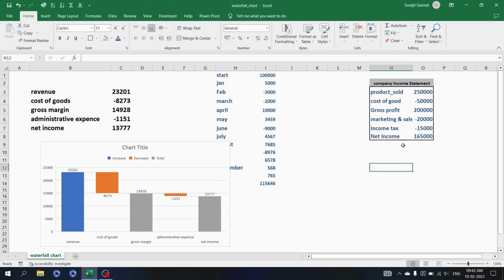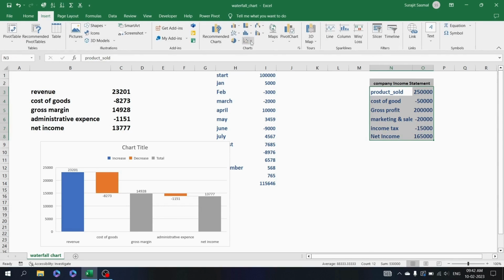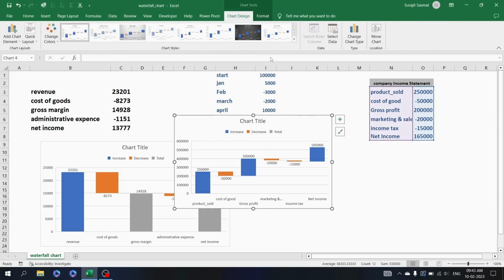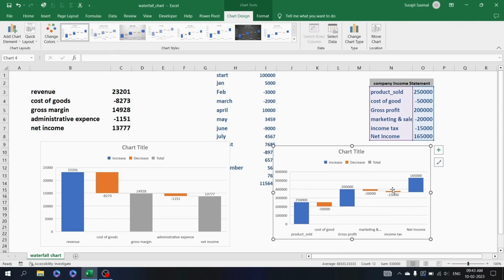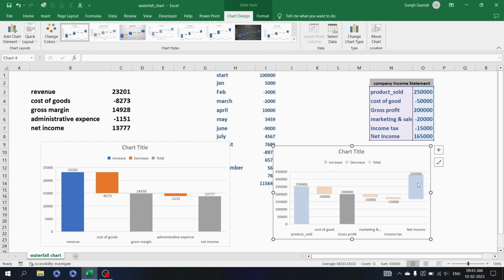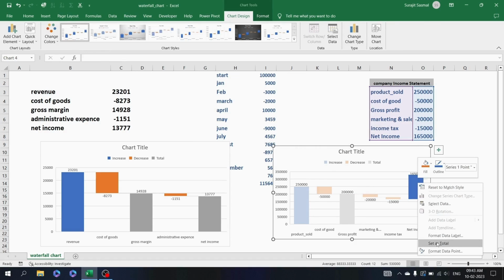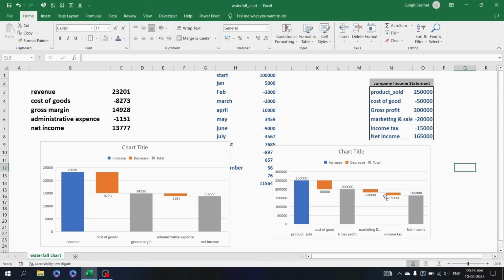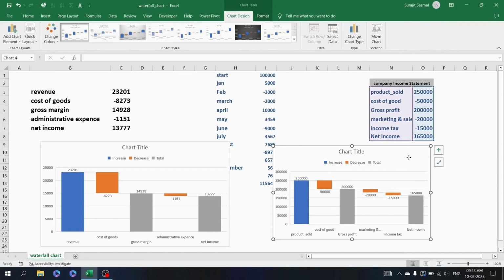Another example I want to give: here you can see the product sold and the company's net income is given. How to visualize it? Copy that range of cells, go to Insert, go to waterfall chart, click on waterfall chart. You see again gross margin I want to make total, it's actually a subtotal. Right click, set as total. Now we see from product sold what is the cost of goods, then we come to gross margin, and then marketing cost, income tax, and then we come to net margin. In this way you can visualize